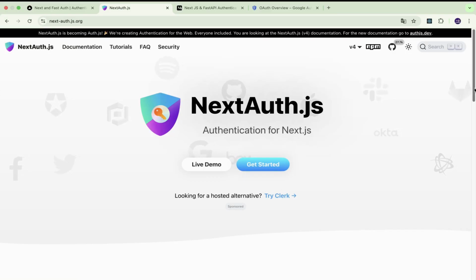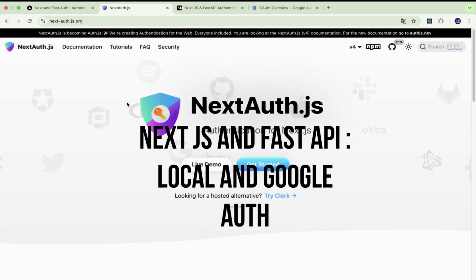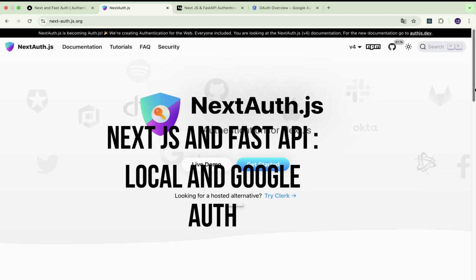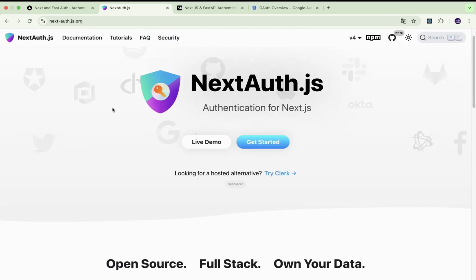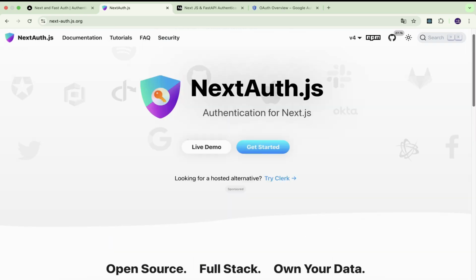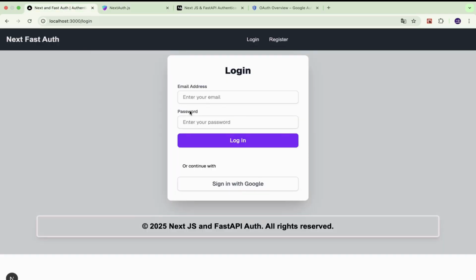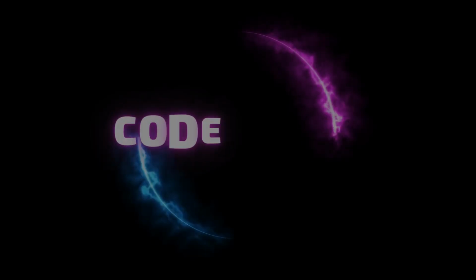I was recently going through this library called Next-auth. It is a very popular library to implement authentication in Next.js applications. Next.js has capabilities to render React components on the server side. This brings some additional challenges in how you handle authentication both on client components and server rendered components. Next-auth makes a lot of things easy with the hooks and other functions it provides. It also has seamless integration with other OAuth providers like Google and GitHub, which I would also be showing in this